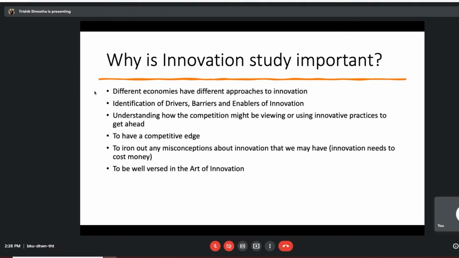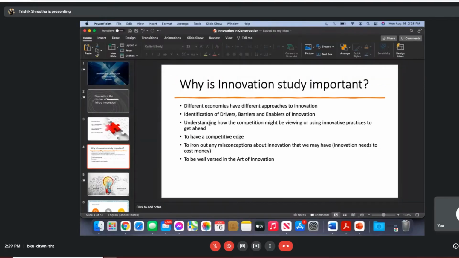This is the simplest reason of it all. We are here in this guest lecture today because we want to understand how we can be competitively challenged, how we can have a competitive edge over our competition, how we can do things better than our competition. Even if we do not own a company, we are always engaged in some organization or the other. It can be for-profit, it can be non-profit. The world revolves around competition. So it is in our best interest to understand how we can get a competitive edge by using innovation.